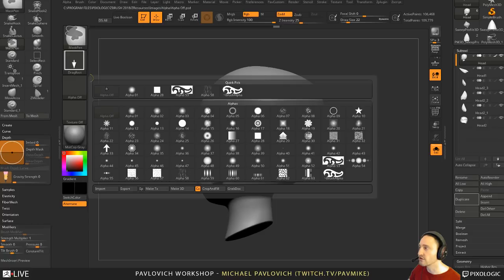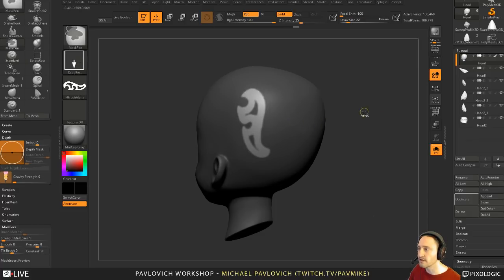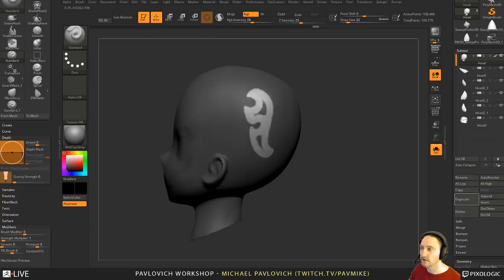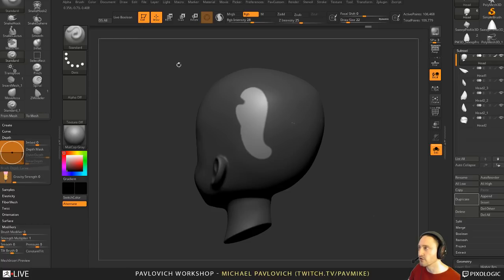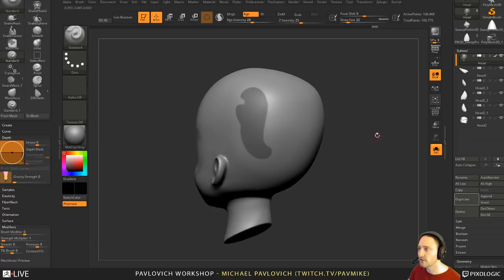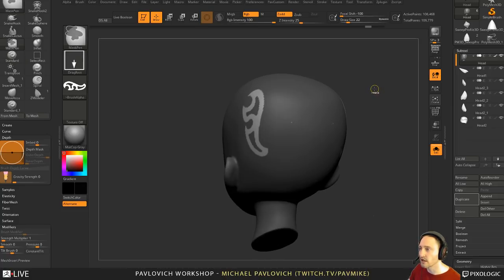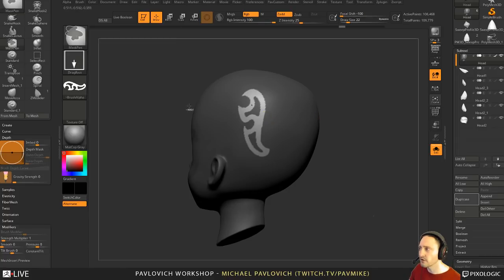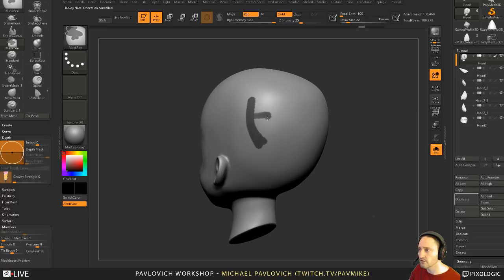So you can hold down Control, we'll change that to a drag rect, get our brush alpha focal shift down to -100. So you can drag out, oops, Control, focal shift. There we go. So you can drag on a mask first, and then you can invert that mask, you can blur that mask, you can tighten that mask up. So Control tap to blur, Control Alt to sharpen, and then you can do color, fill object, and fill it with whatever. And that was the RGB intensity of 28, so that's why it kind of went gray. But that's another way you can do it. Or you can just go through here and hold down Control and just mask this stuff